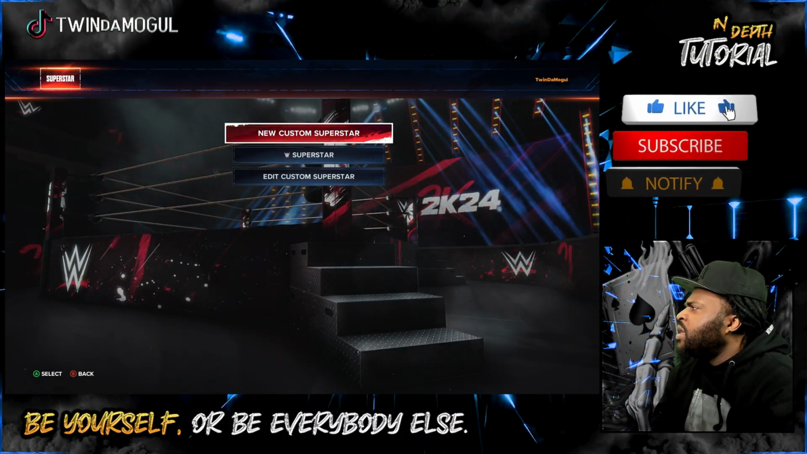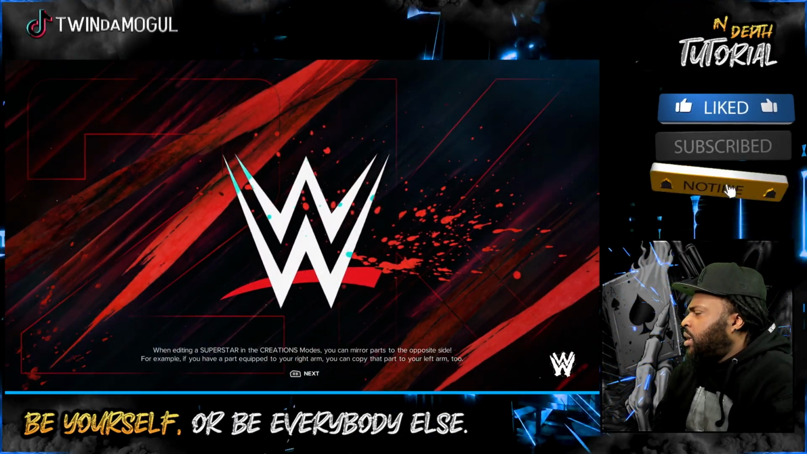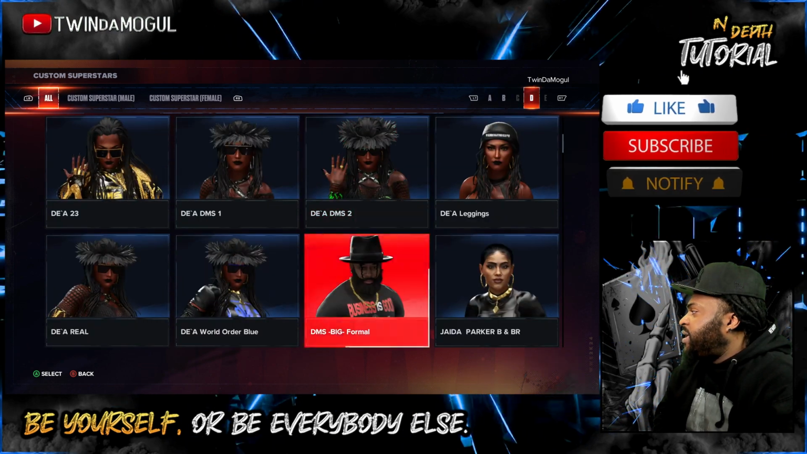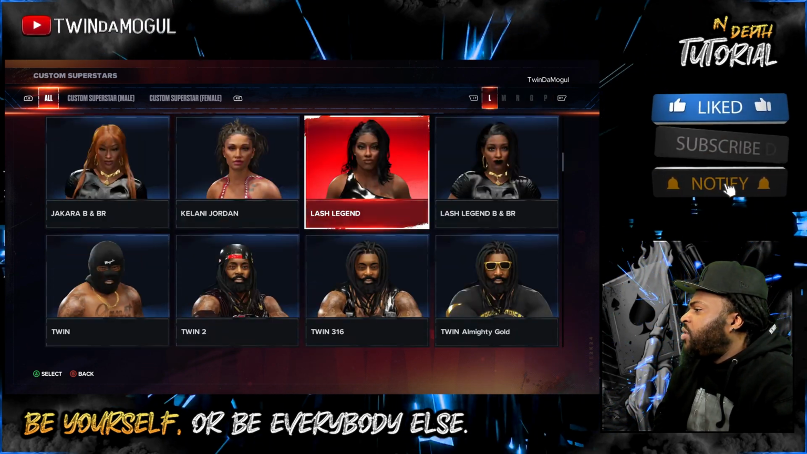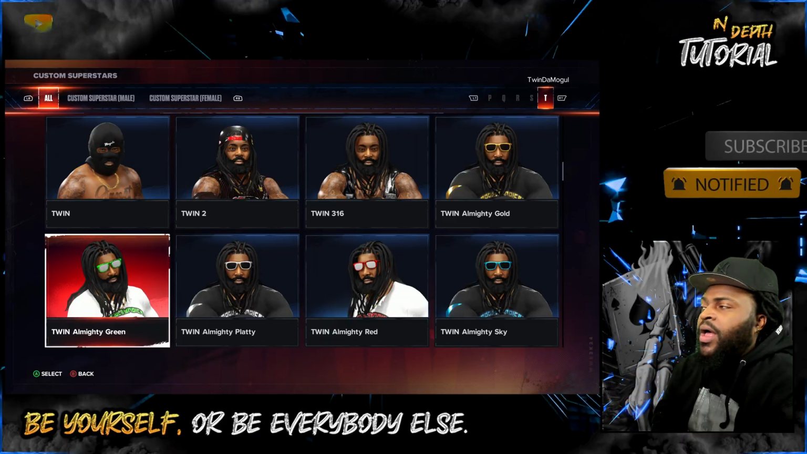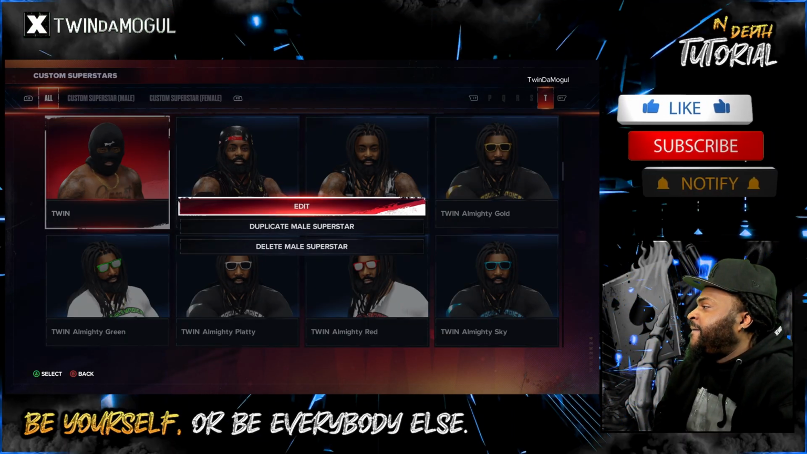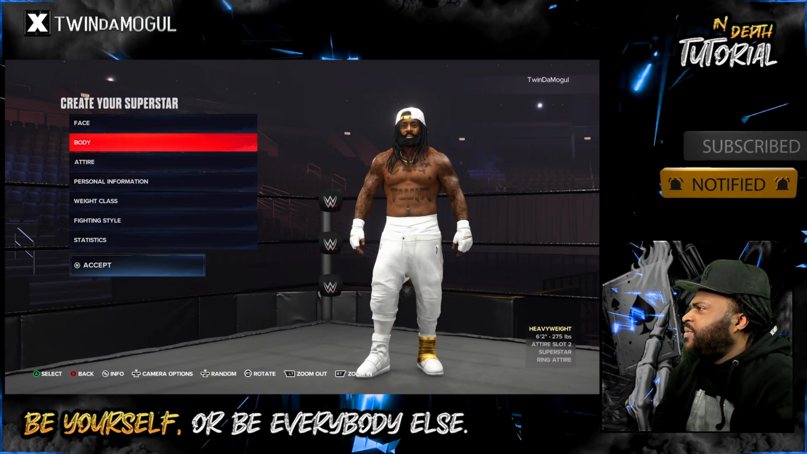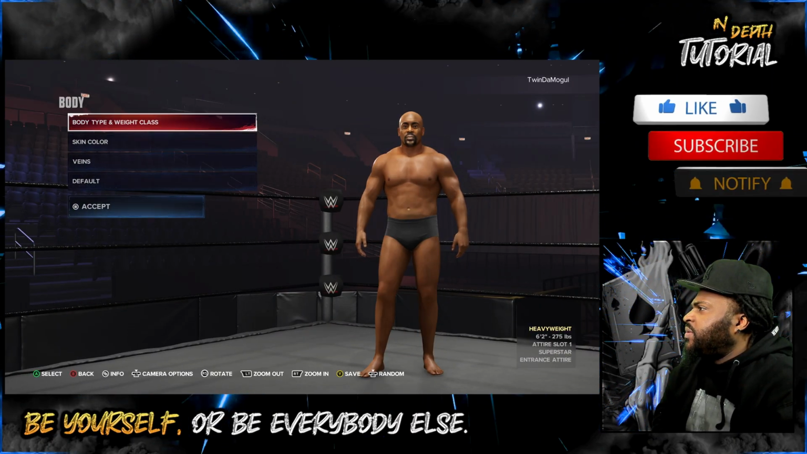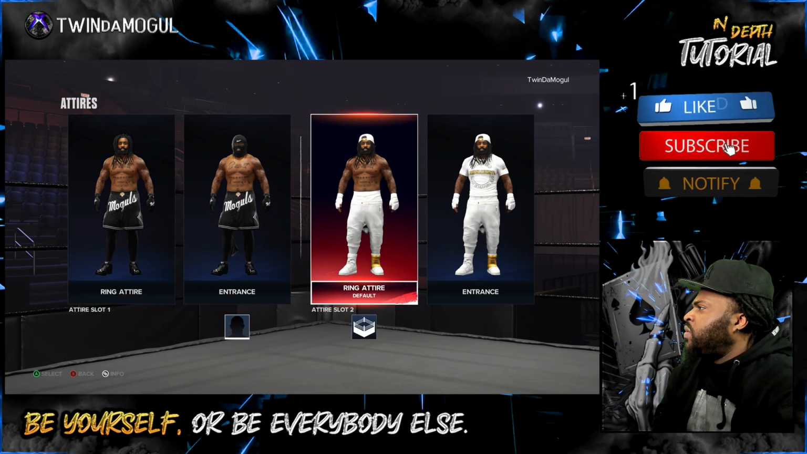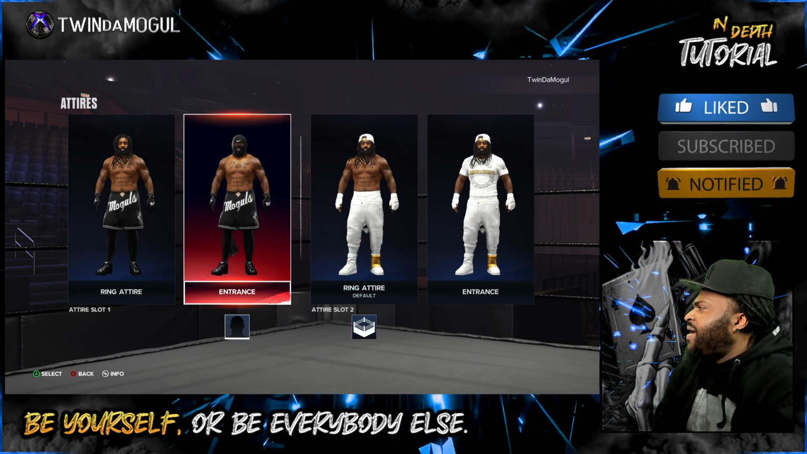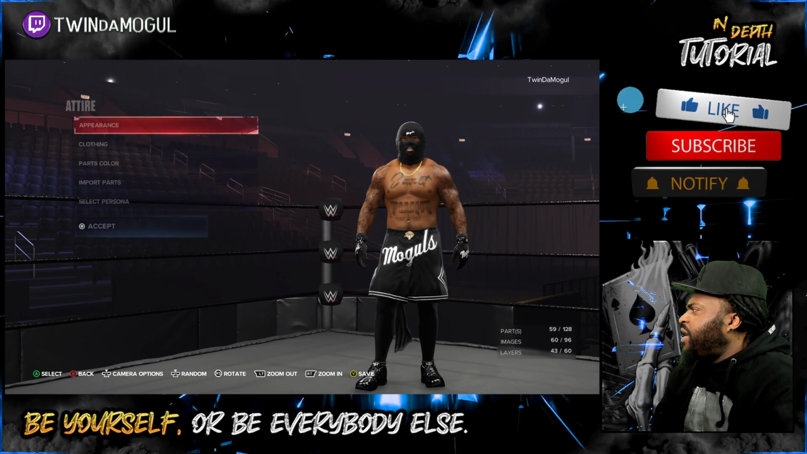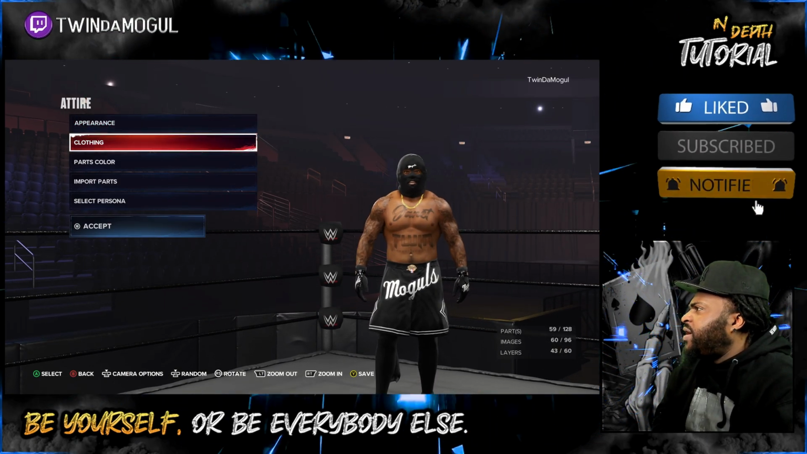All right, so edit custom superstar. We could go to my little brother, but I don't want to go to my guy, because I don't have any more slots. I would have to delete some things. So we're going to go to attire, and let's go here where I have the mask on so we can see the back, because I'm going to put it on the back. Edit attire. I wanted to put it on the front low key, but I will have to get rid of